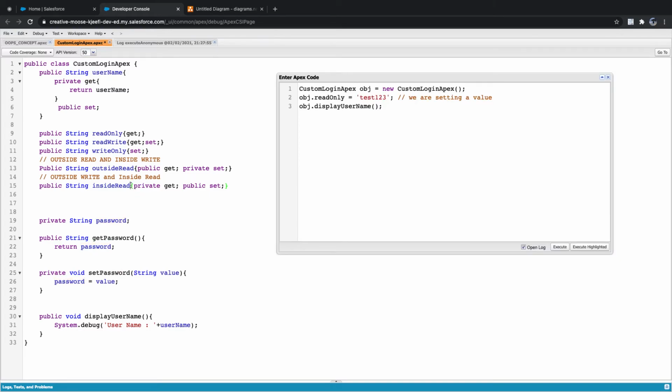Now let me show you an example. I can't access password directly. To be frank, I can't access password because this is private. Clear? But I can't even access the private method set password. How can I set a password here?